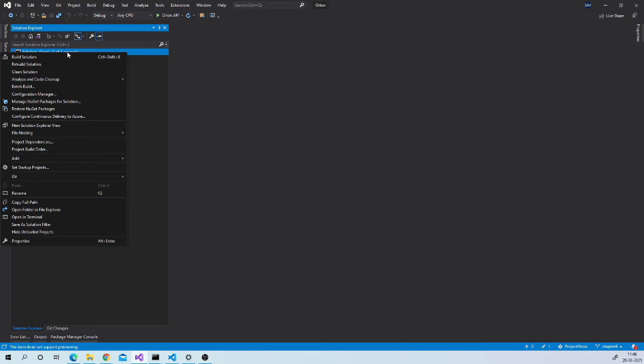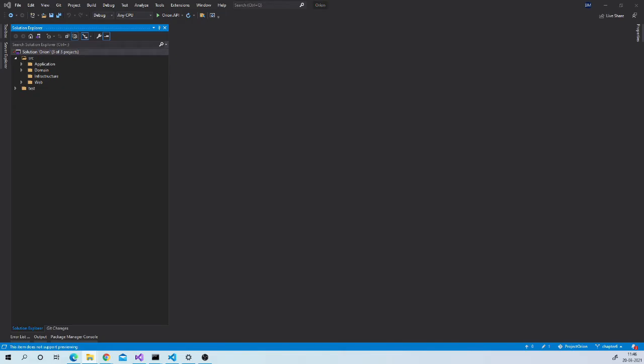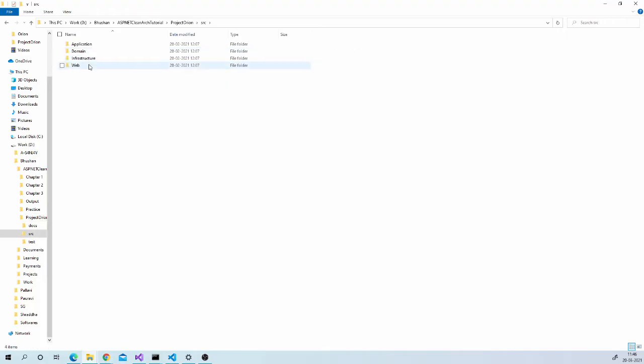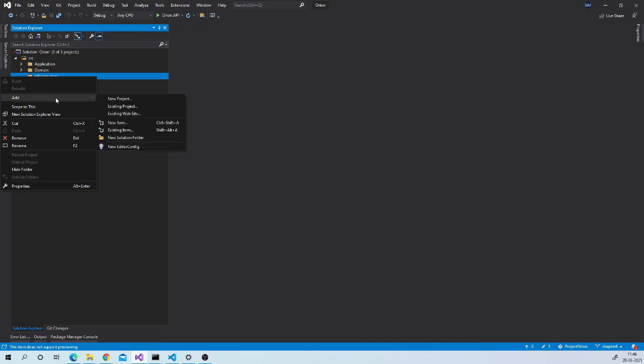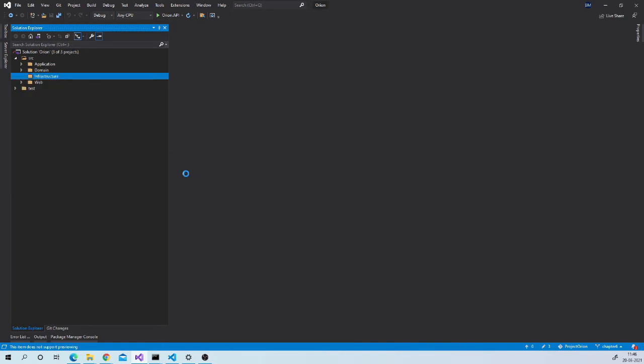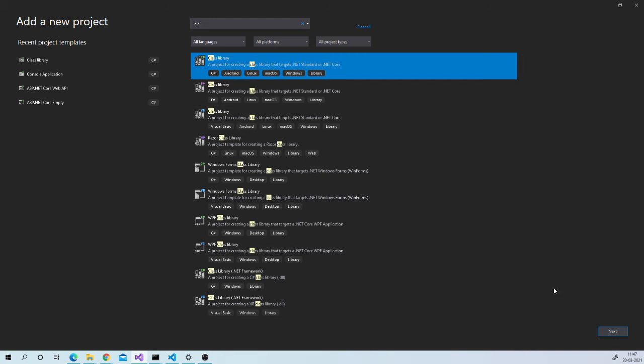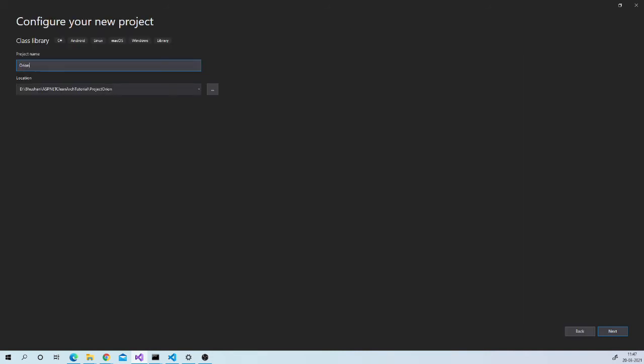You can right click on solution folder, open folder in file explorer, go to source, infrastructure, and remove this Orion.repository. Now let us insert new repository project. Right click on infrastructure, add new project, class library project, name it Orion.SQL repository,